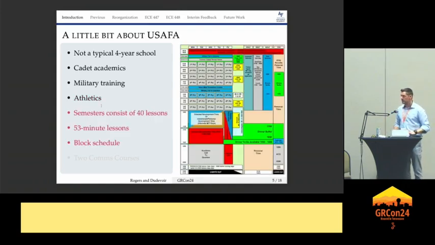All of that goes to say this is what their day looks like. You can't see this, right? But they have a block schedule, so we have M and T days or A and B days, and they're scheduled from 0530 in the morning or 0600 in the morning until 2300 at night. So they are busy, busy, busy.